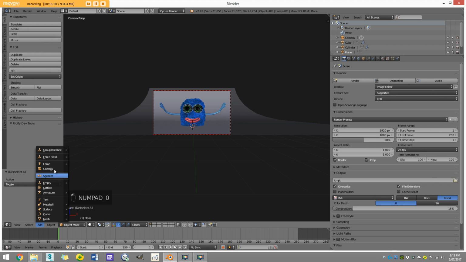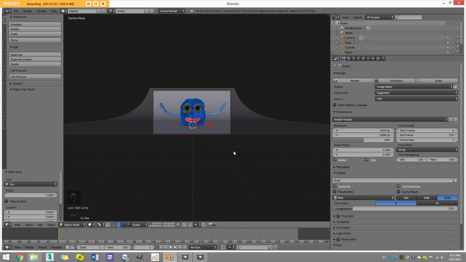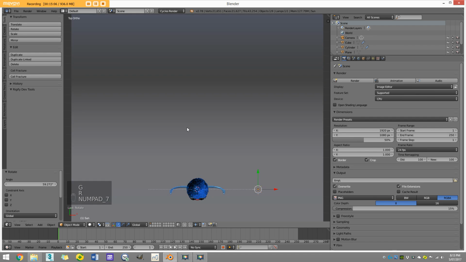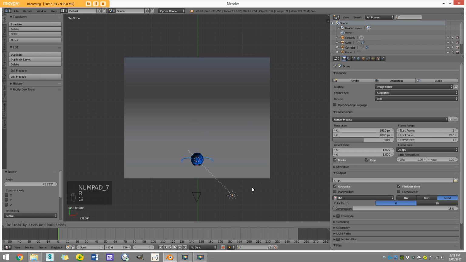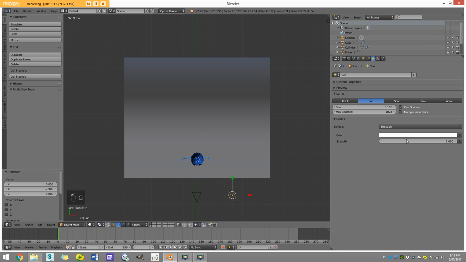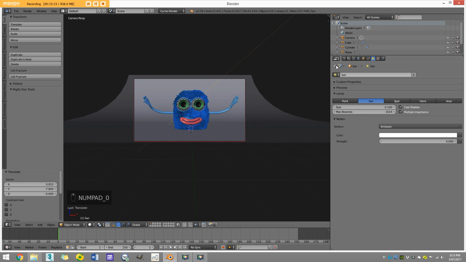We can also go add a lamp. I'm going to add a sun lamp. Just going to move it to the right, go to the top, in here like so. Give this a strength of 4. And if we go look in our camera now,